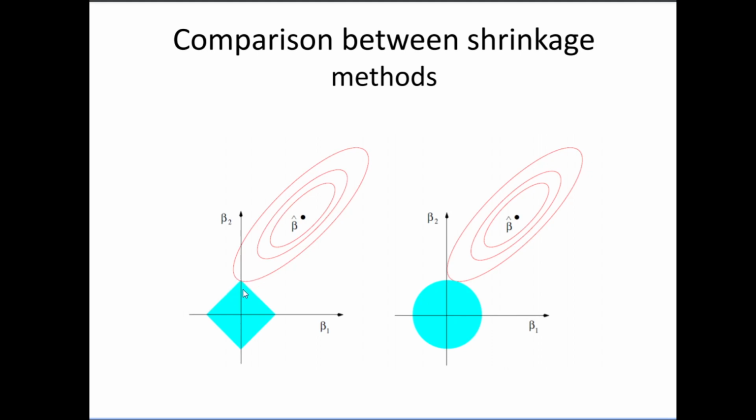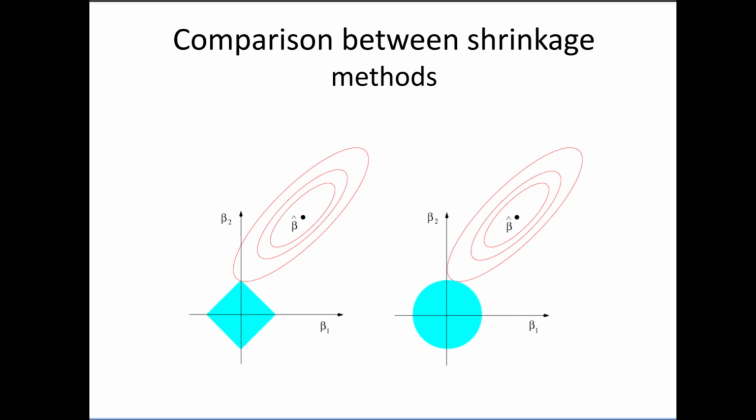So it has the ability to throw out variables, because here it is like this, and here it is a soft, more continuous kind of descent. But here it's not a continuous descent. It directly goes off. So here is your 0. If some beta coefficient comes here, then it can become flat at any point of time. So that's the reason lasso is able to throw out the variables or make the coefficient 0, because it doesn't have to be very nice to the variables. It can directly throw them to 0. While here, ridge regression has to be kind to your various coefficients, because it has a more smooth descent towards 0.